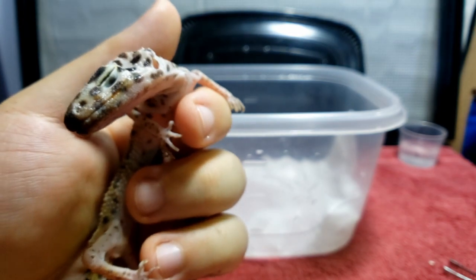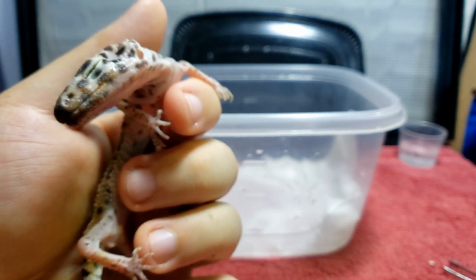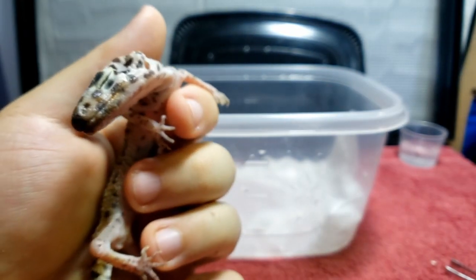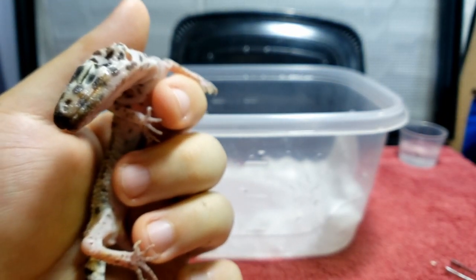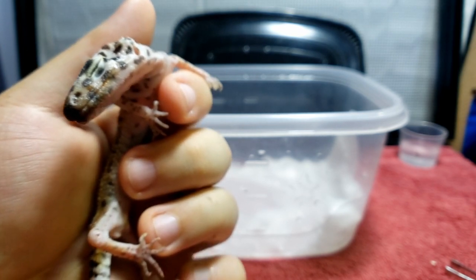Alright, all of the stuck shed is gone. I'm about to give her some syringe feeding for the second day here, and ideally I want to do it at least 2 times a day in the start. If we can get it up to 3, even better. Some people may be wondering